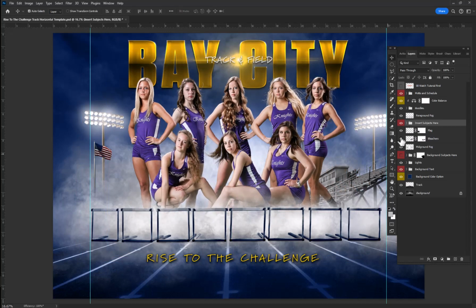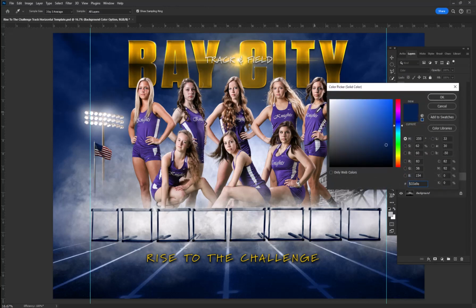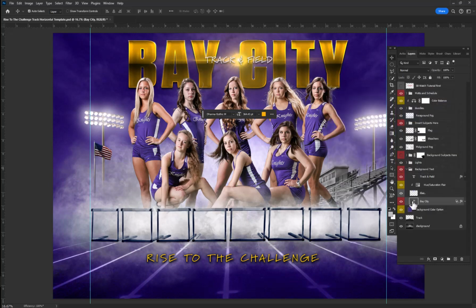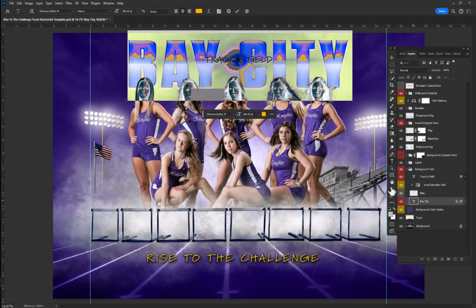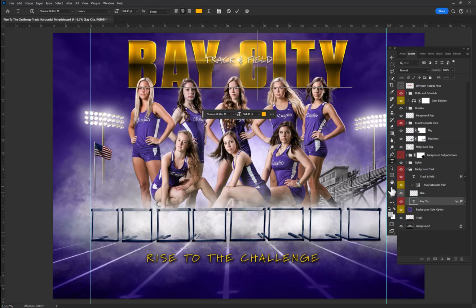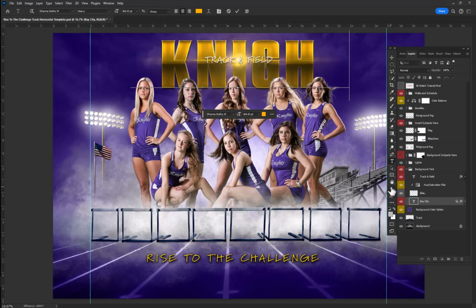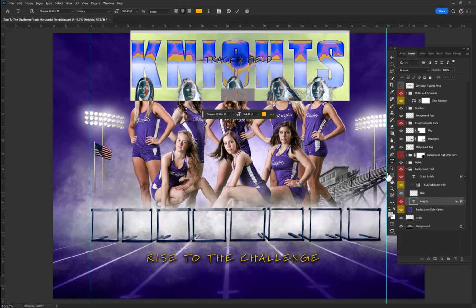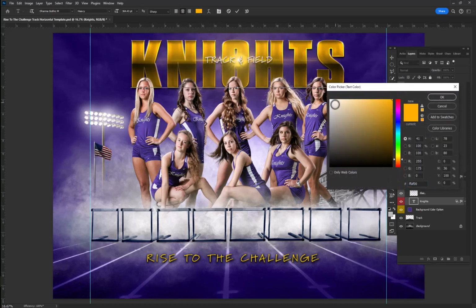Now I can certainly change any colors I want to. For example, the background color, I could make that match their jerseys by just sampling their jersey here. The text is super easy to change. Simply double click on the T and type in what you like. I can change the color also